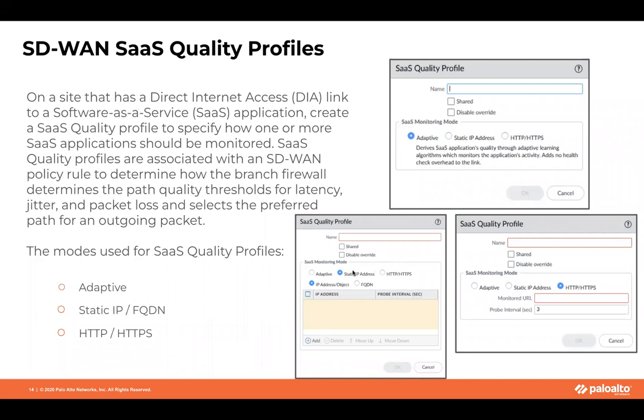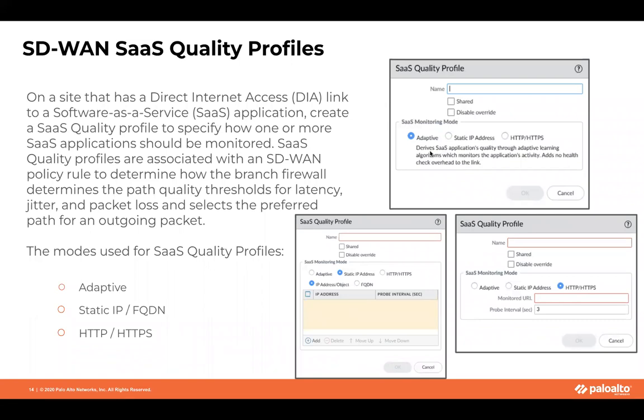One important thing to remember with these two SAS Quality Profiles is both HTTP and HTTPS introduce additional overhead as far as probes. You have to take security policies into consideration. So you basically have to allow these probes out via security policies, either to specific FQDNs or IPs, and then for HTTP, HTTPS, you have to make sure you allow the 8443, 8080, and 881. The third SAS monitoring profile we have is the adaptive profile, and basically this is a